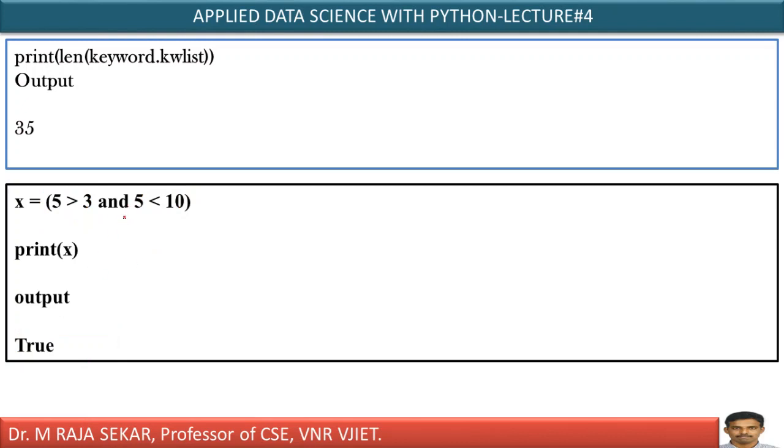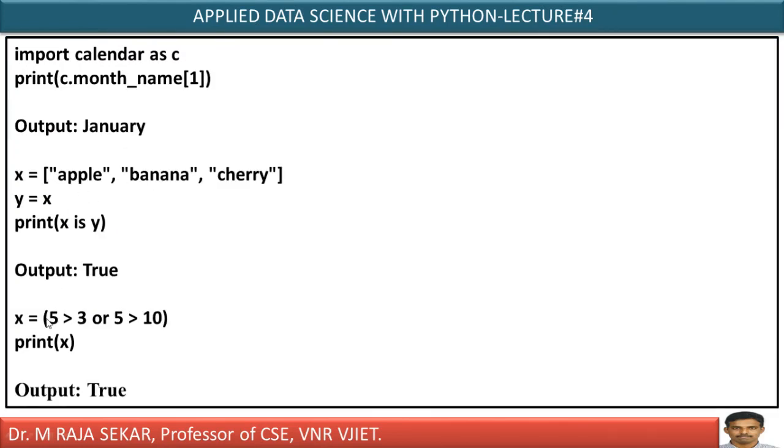We have seen this and keyword in those 35 keywords, isn't it? Now, again, this might look alien to you, because I will discuss it later. Import calendar as C. I will discuss as, a keyword which is useful for aliasing. Aliasing means now I am aliasing calendar as C. Print C dot month underscore name.